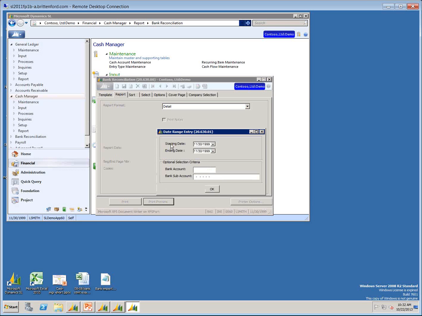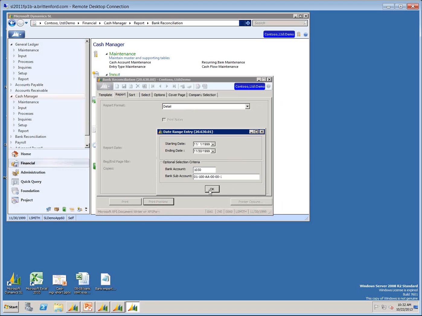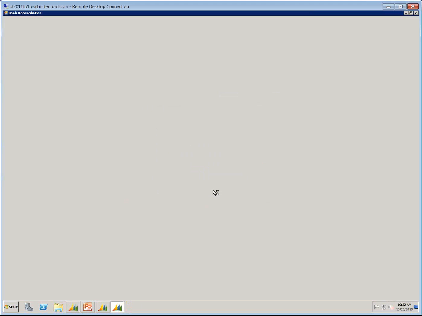it's going to ask me what day I am starting with. So I'm doing November, so I'm going to start with the 1st. So click on that drop down. I'm going to click the 1st through the 30th. I'm going to do only 1030, 01, 100, my AA1. If I click OK,